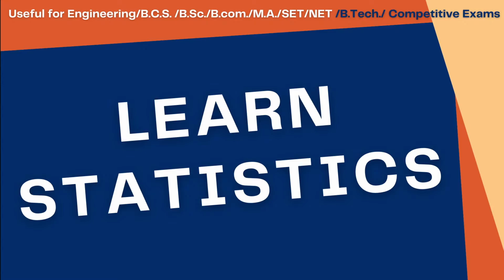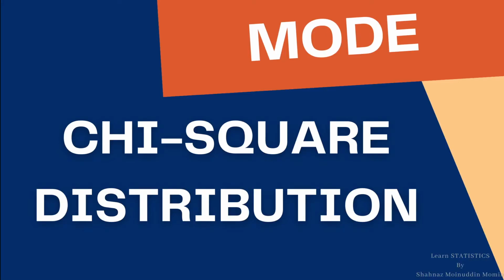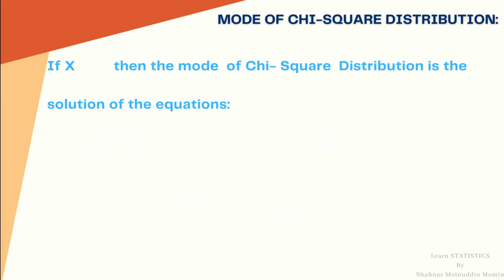The topic of today's lecture is chi-square distribution. In this topic we will learn the mode of chi-square distribution. Suppose x follows a chi-square distribution with parameter n, then the mode of chi-square distribution is the solution of the equation